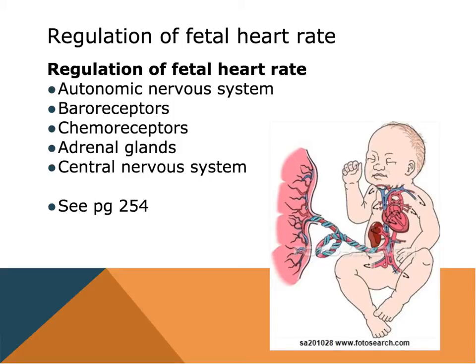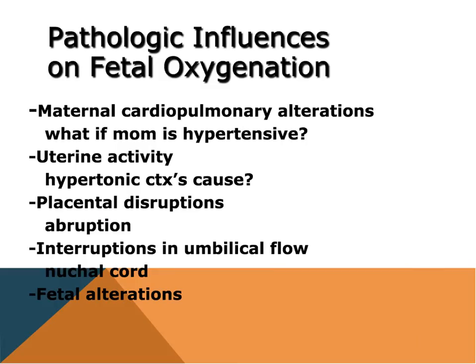So I referred you to the page. Make sure you look over this. And thinking about the pathological influences that are going to take effect on how that fetus is oxygenated. So we've just talked about if the mom has high blood pressure. So if she's just in general hypertensive, or if she has preeclampsia, think about and write for yourself, how does